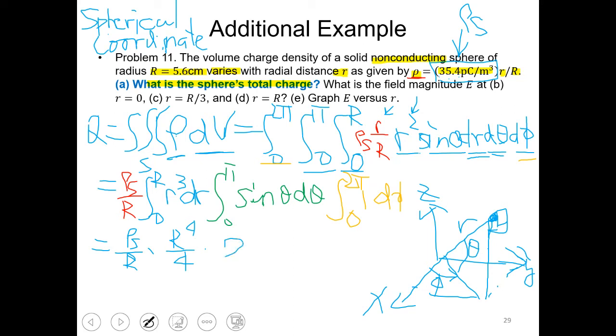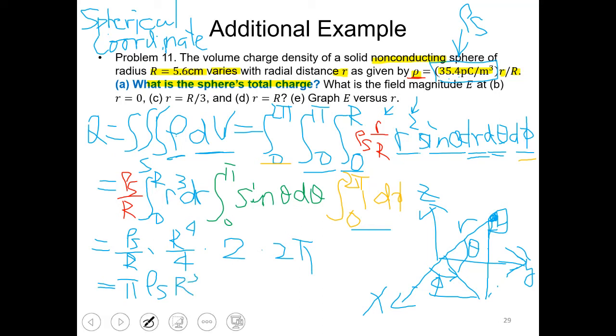So this one is 2. For this one, you integrate 1, so it is phi, and then you substitute 2 pi and 0 and subtract them, so it is 2 pi. So you finally find that the charge will be pi rho s